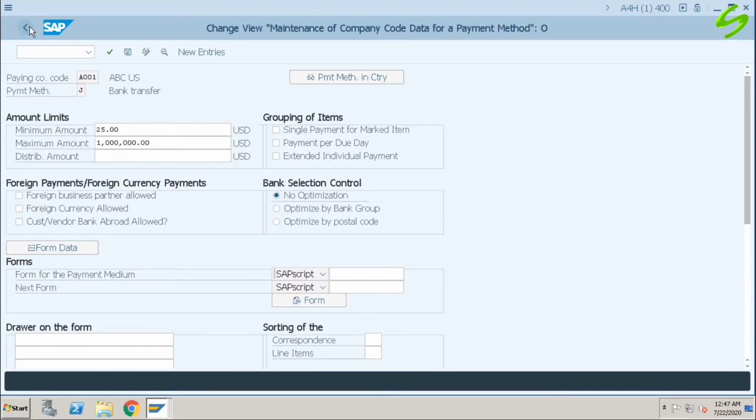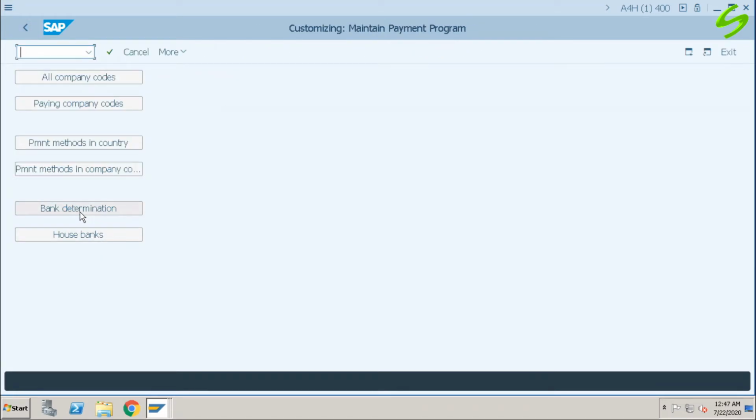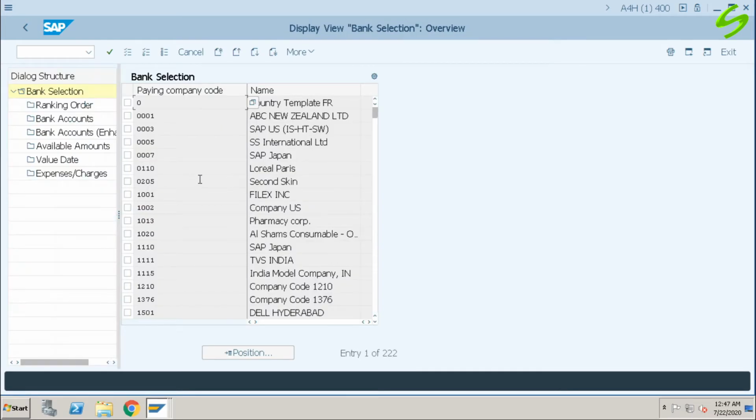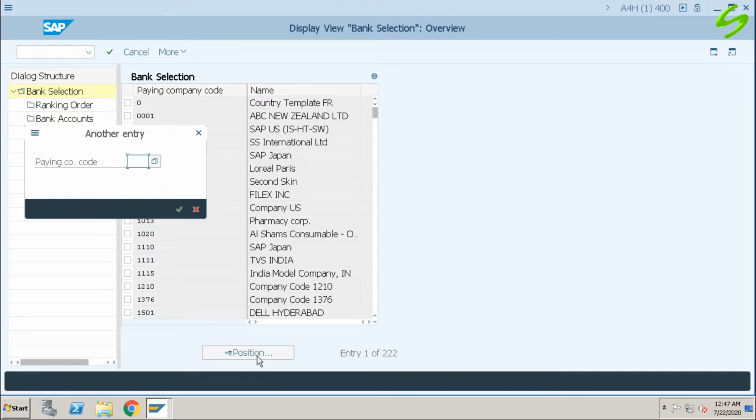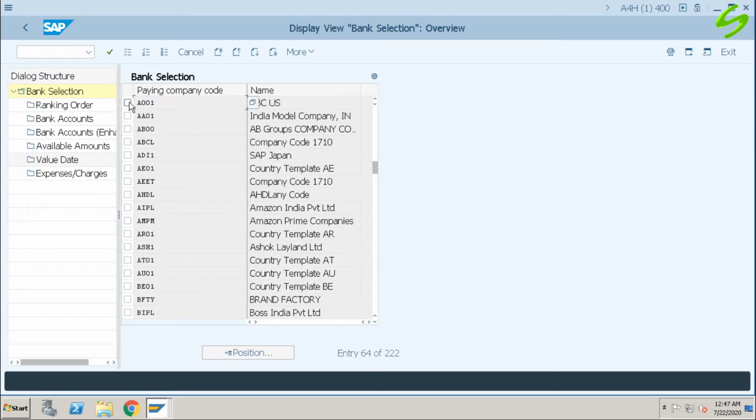Let's go back. And the last setting is bank determination. Let's click on position, company code A001. Click on ranking order.